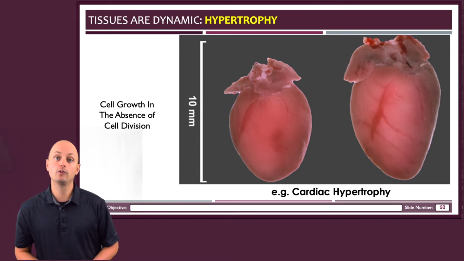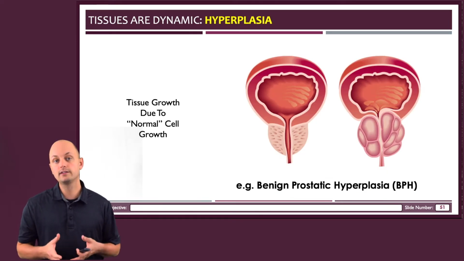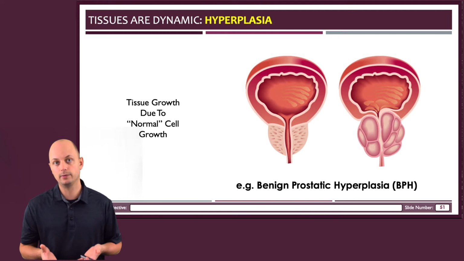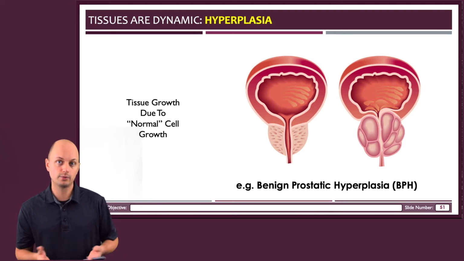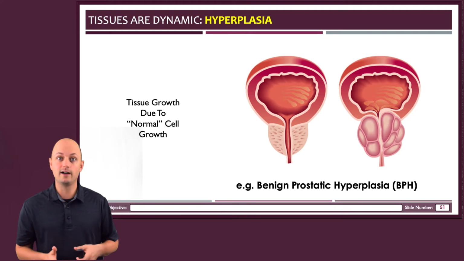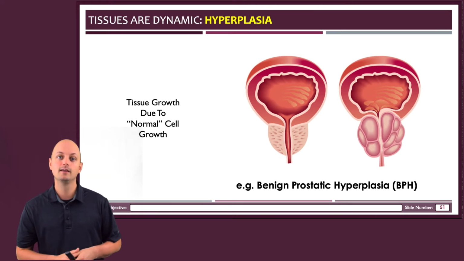One other example of overgrown tissues is hyperplasia, which is when you have an increase in cell proliferation. So one example of this that affects people that have Y chromosomes is BPH, or benign prostatic hyperplasia. This results in an enlarged prostate. This often pushes on the bladder, which is located nearby, and so that's one of the reasons why you might hear an older grandparent complaining that they have to pee all the time.